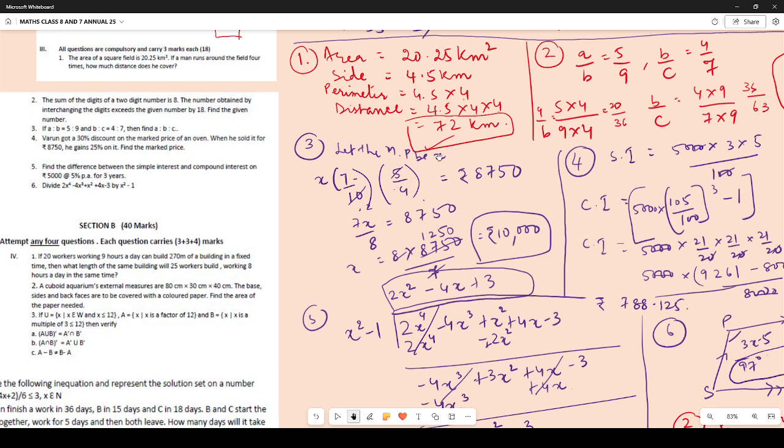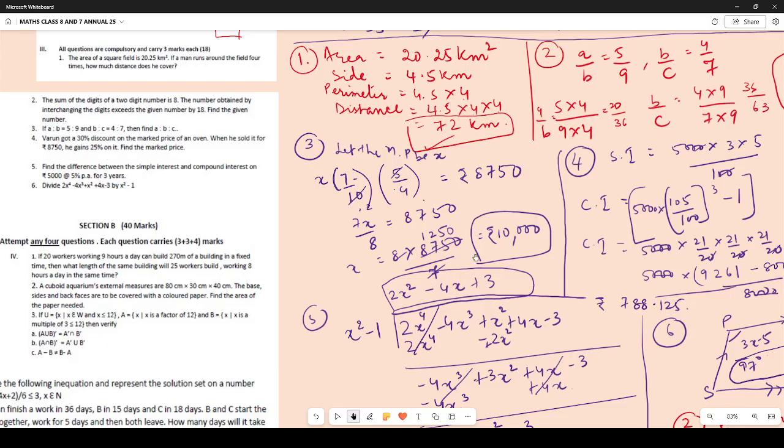So let the marked price be X. Now, how does this marked price change into this selling price? First there was a discount of 30%. 30% discount means the value changed to 7/10, because it is 100 minus discount percent by 100. So this becomes 70 by 100, so that is 7/10, and then it was again multiplied with a